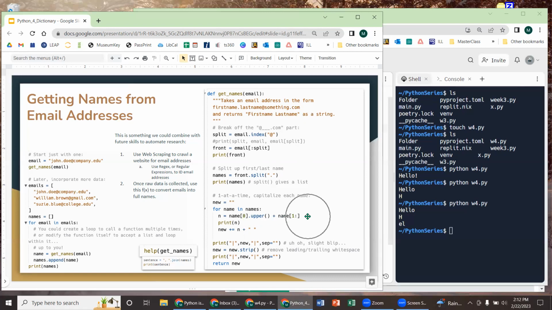And then we use indexing to take the "ohn" and the "oe" and stick them back onto the capitalized J and the capitalized D to make a capitalized name. And then we just recombine them to get John Doe out of this whole thing. And we saw the usefulness of this